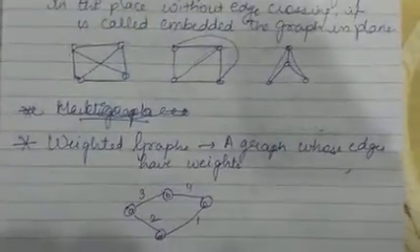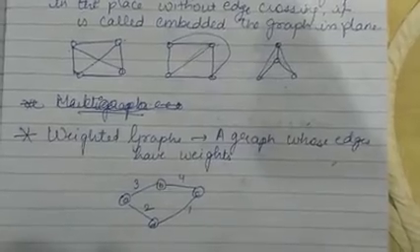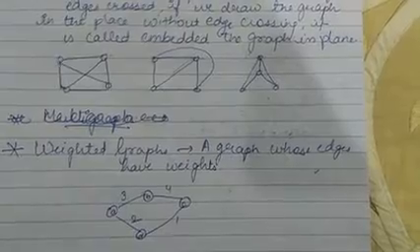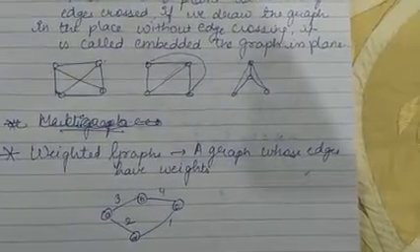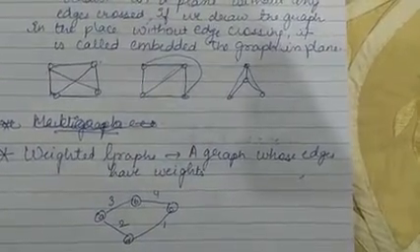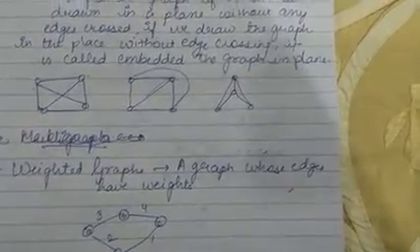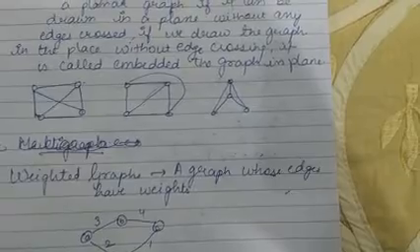By far we have studied what graphs are, and then we have studied about degree, handshaking lemma, then types: null, simple, multigraph, directed and undirected, connected and disconnected graph, complete graphs, then its terminologies. Then we have studied about planar graph, weighted graph. Now we'll proceed towards isomorphism of graphs.